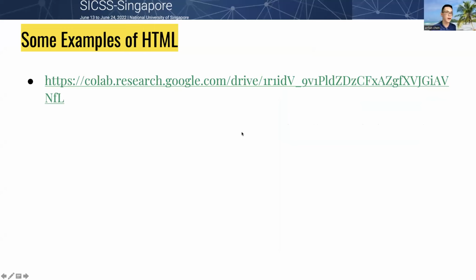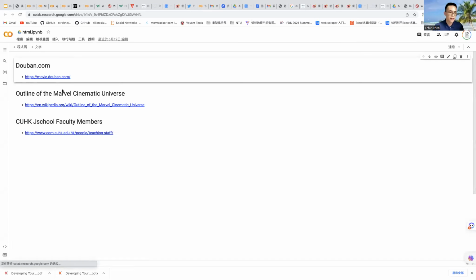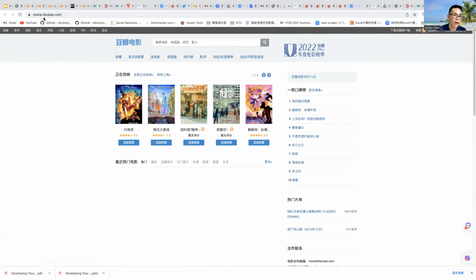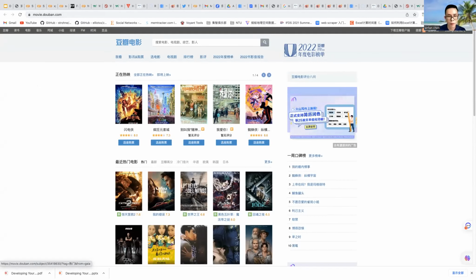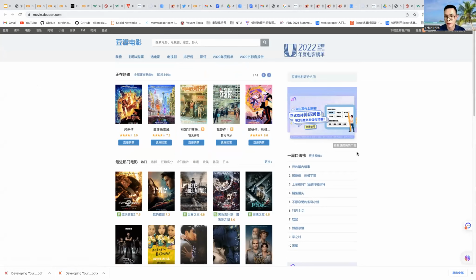And here I want to show some examples of HTML. This one, the Douban, is a book rank website in China. If you click the URL of Douban, you will see lots of movies and even books recommended by Douban.